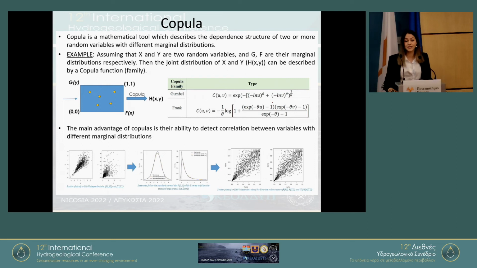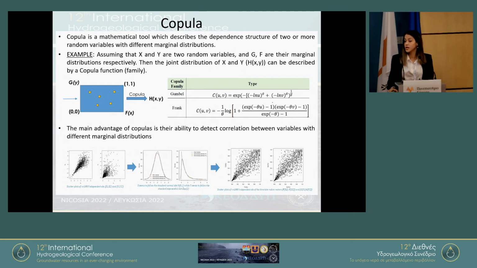Copula is a mathematical tool that can describe the dependent structure between two or more variables that may have different marginal distributions. Assuming that we have two variables, x and y, and f and g are their marginal distributions, then there is a unique mathematical function, a copula family, that can describe the dependence between these two variables. The main advantage of copulas is that they can give us a mathematical model between variables that may have